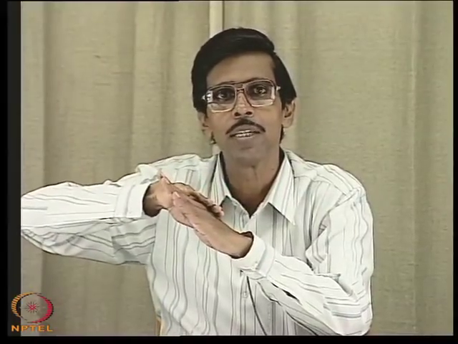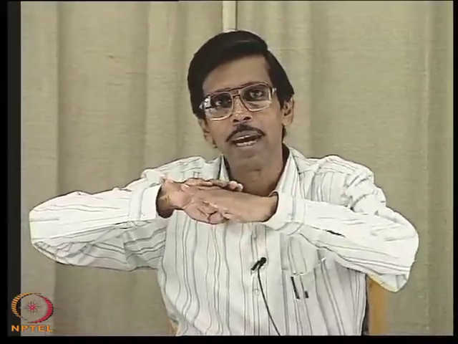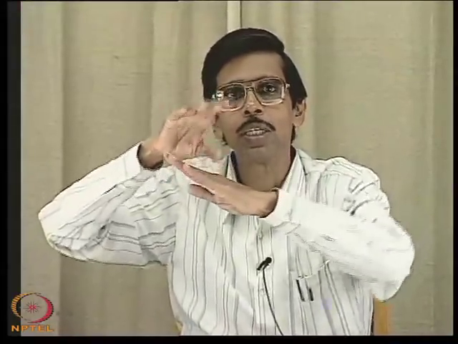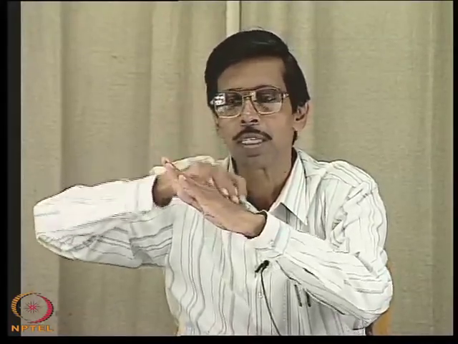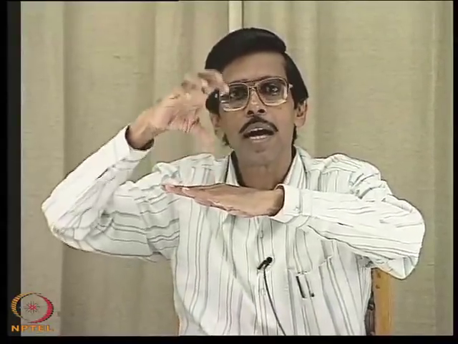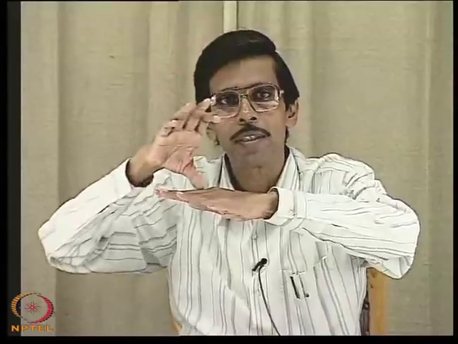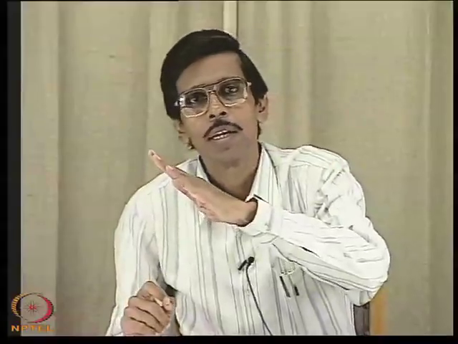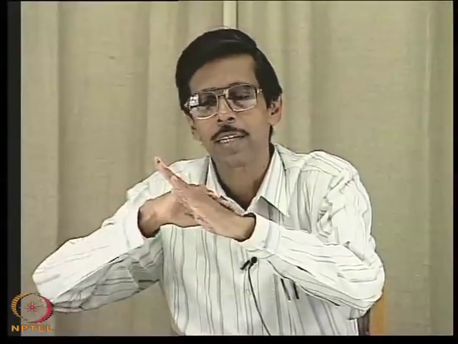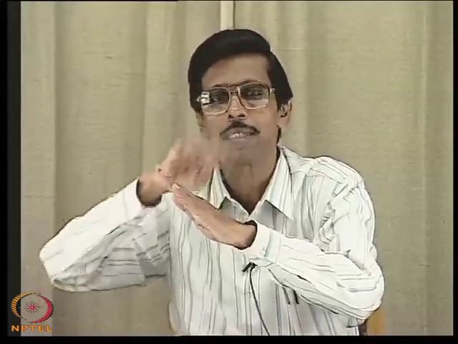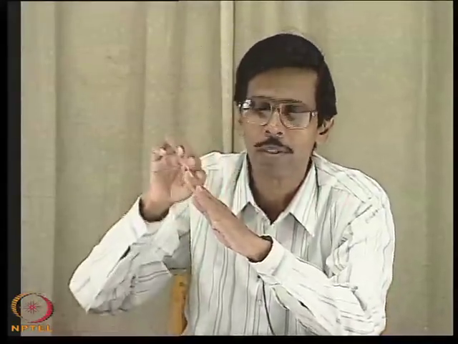That means it is equivalently the same as if the area is placed horizontally at a depth equal to the depth of the center of area of the inclined surface. Then the pressure which could have been exerted, that is the uniform pressure, is equal to rho times g times the height from the free surface, that is the height of the centroid of the inclined surface. So therefore we concluded that for any inclined surface the total pressure force is equal to the area of the surface times the pressure intensity at the centroid of the area, or center of area.